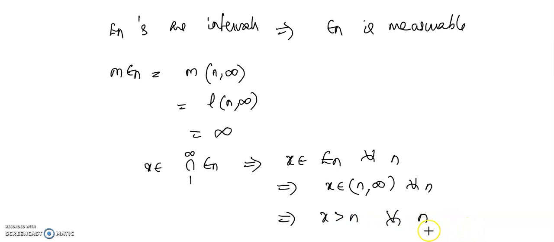So x must be greater than any natural number n, which is not possible. So therefore the intersection must be equal to 5. So therefore this is not possible. That implies the intersection 1 to infinity En must be equal to the empty set. So that completes the